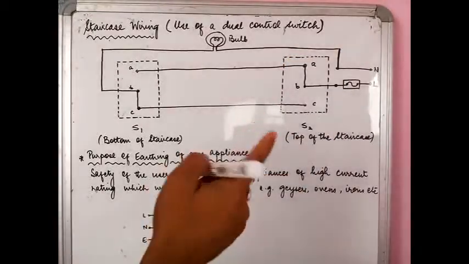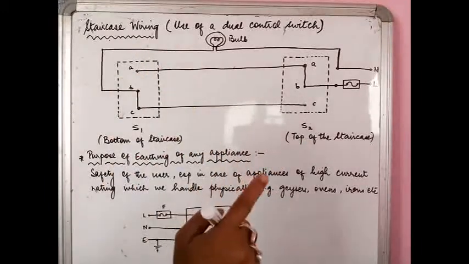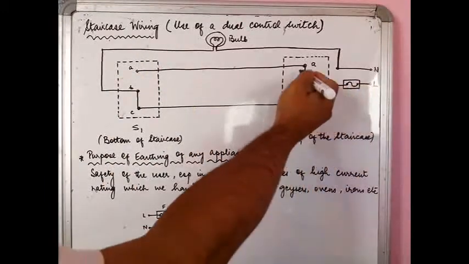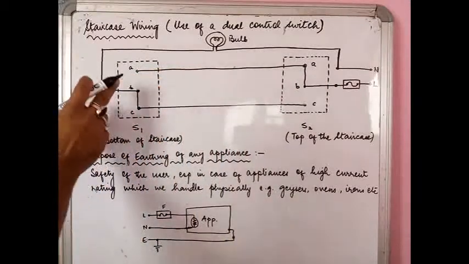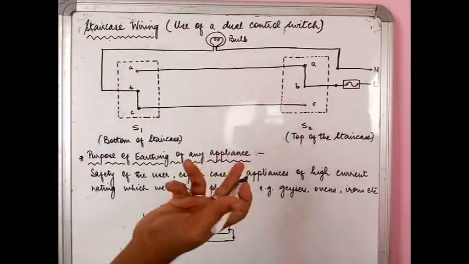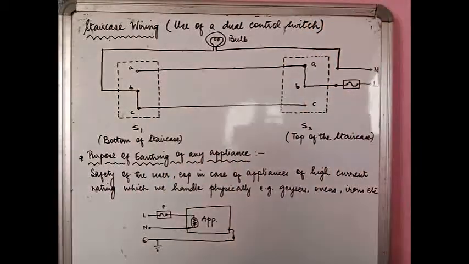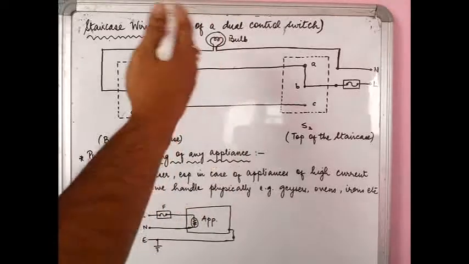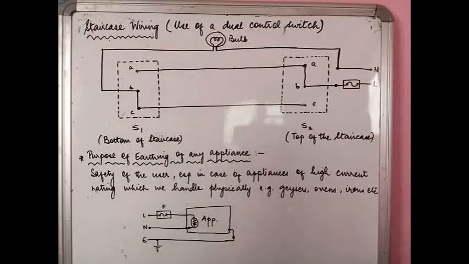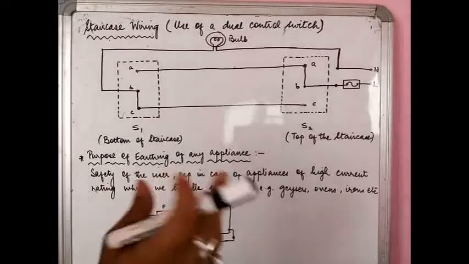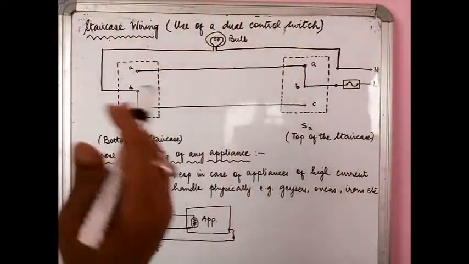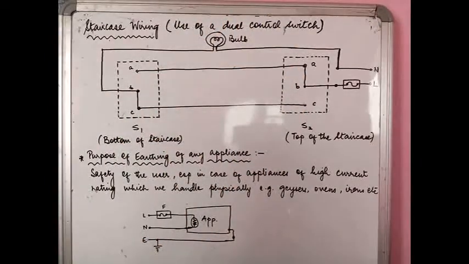Okay, so now we will check again whether the bulb is off or not. You see now here from the live again it comes over here. You see there is a disconnect here, so that means the circuit is no more complete. The bulb is off. You can enter the room and go to sleep. So this is exactly how the staircase wiring will work. You will not have to keep coming back and forth to switch the bulb on and off. There are two switches that you can operate.